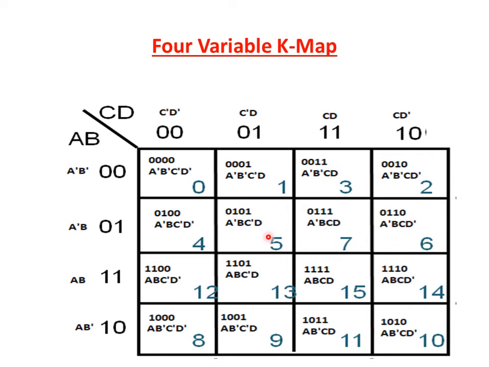Now let's see the single bit change from 1 to 5. 1 and 5 vary by single bit change. Similarly 5 and 13 vary by single bit change. Similarly 13 and 9 also vary by single bit change. Same way 9 and 8 by single bit change, 9 and 11 single bit change, 9 and 1, 9 and 13 also single bit change. So to get single bit change from each cell, we are following the sequence.